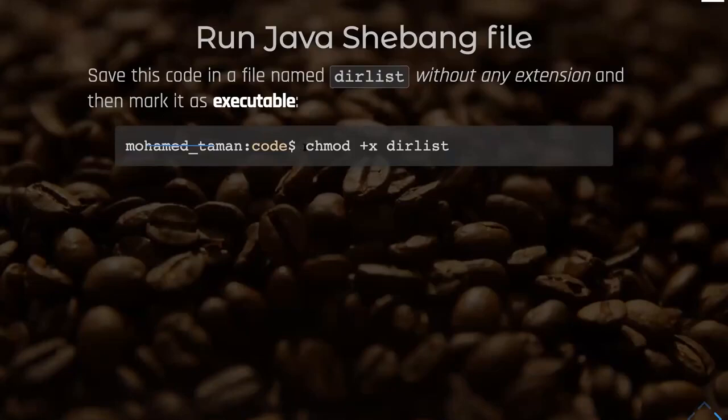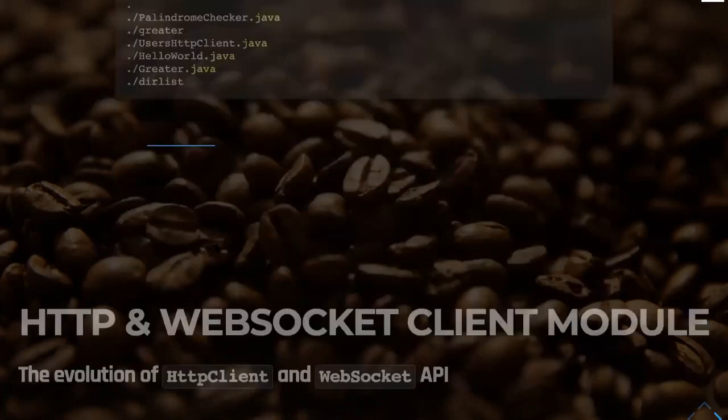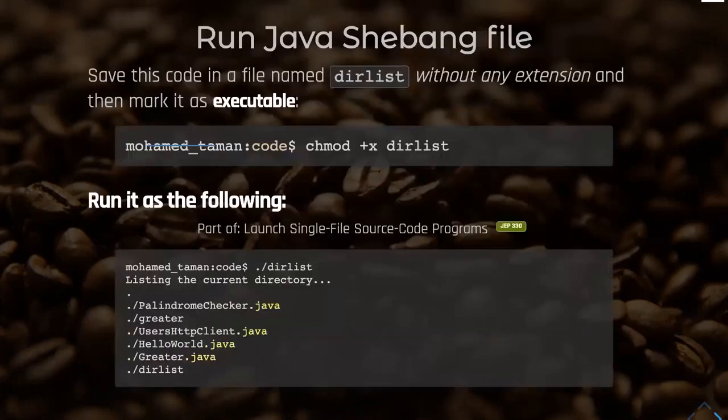So you mark it as executable, then simply you invoke it like any bash file, and it will run normally without any problem. If you would like to read more about it, go to JEP 330 and you will have more about this. It's a very powerful tool.